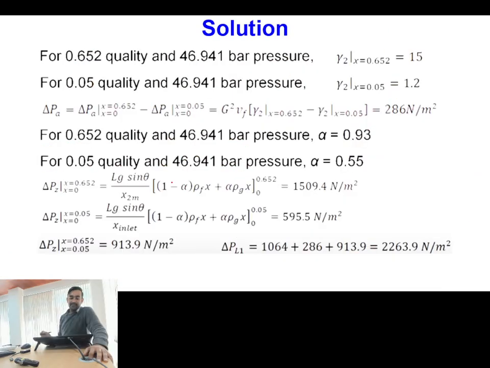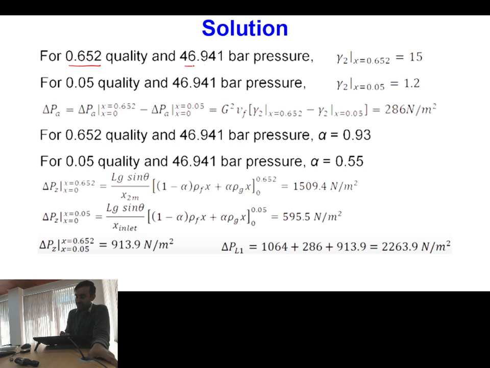So that is what I have done over here. For quality of 0.652 and pressure of this, my value of gamma 2 is 15. For quality of 0.05 and pressure of 46, my value of gamma 2 is 1.2. And now what I need to do, acceleration pressure drop will be equal to acceleration pressure drop from 0